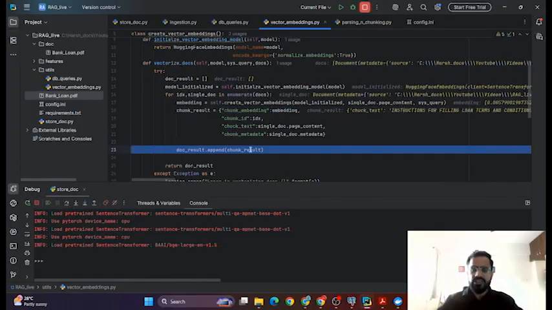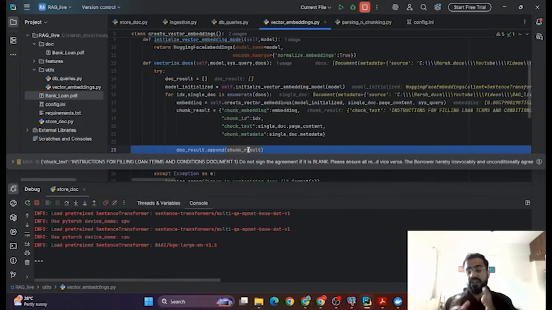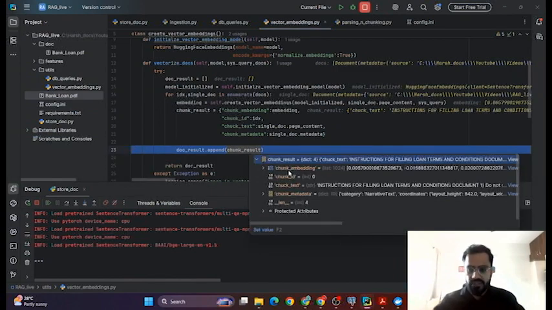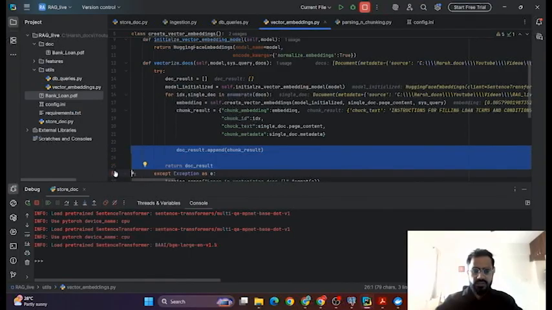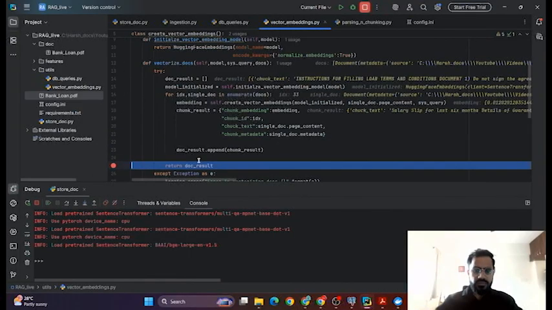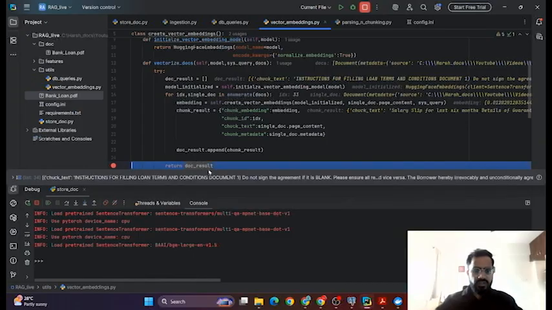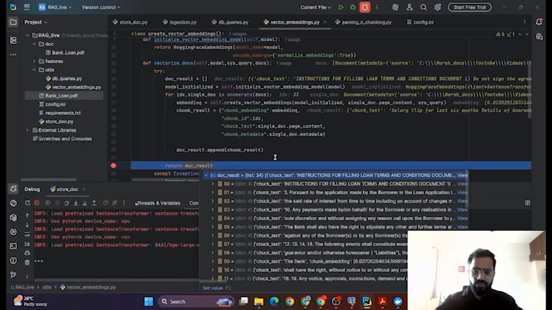As we discussed before, these would be the chunk results. This entire thing would be saved for each of the chunks: their vector embeddings, the text, as well as their metadata. We do this for all the chunks. Now that we have done this for all the chunks, we will store them